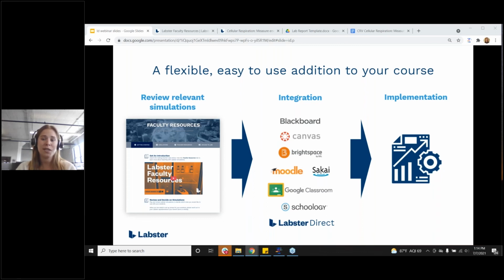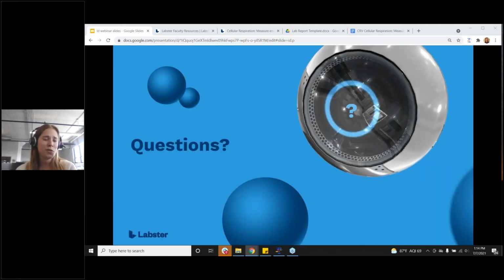So I am so excited to introduce Labster to you guys today and to show you a sneak peek into one of our labs. I would love for you guys to go in and play around. So right now I'm going to answer any questions that you might have. You can actually plug in any of your questions right in the chat box. And I see a few are coming in right now.